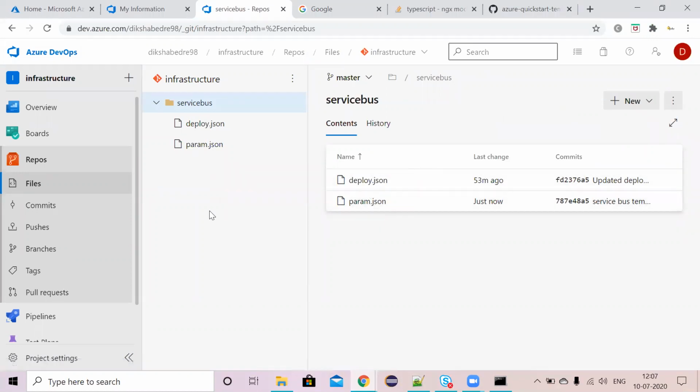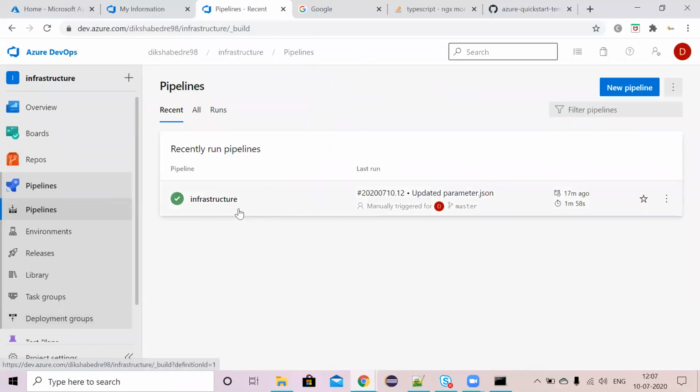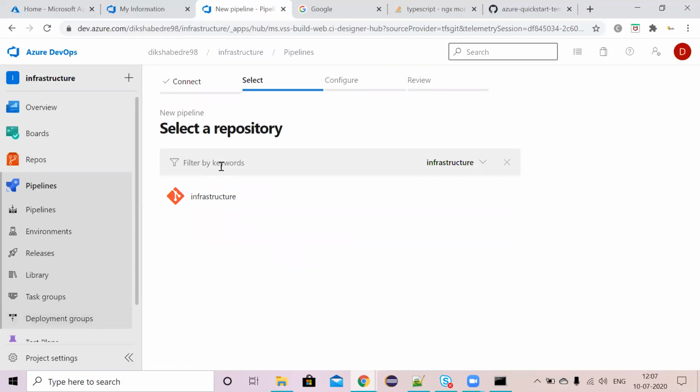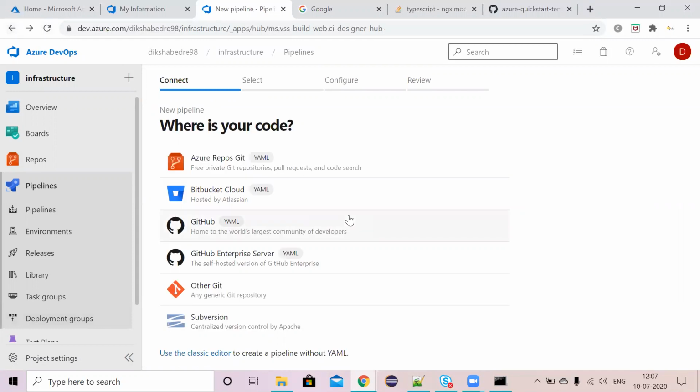So now we have to create a pipeline for this. So we'll go to the pipeline and we'll create a new pipeline for this. Since I checked my code into the Azure repository, I'm selecting Azure repository. If you want to select other repositories, in the last video I shared how to connect GitHub with the Azure pipeline. In the project settings, we have to create the connection for GitHub,